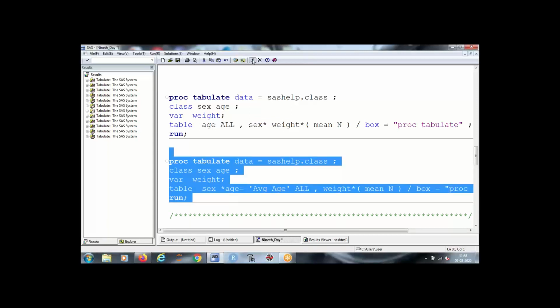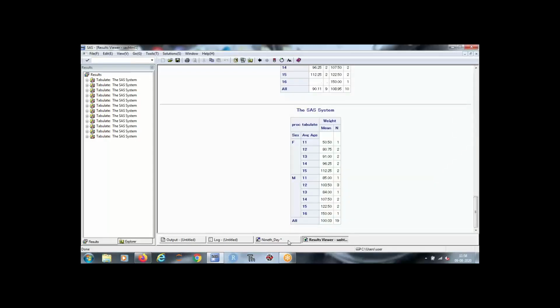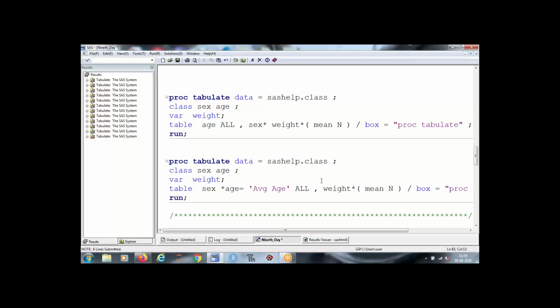So you will get that classification on the row as well. Done?